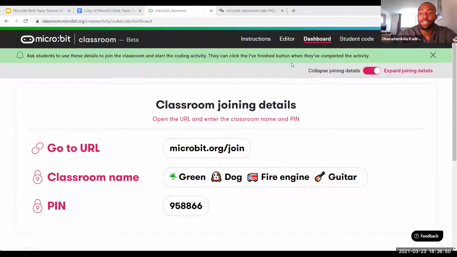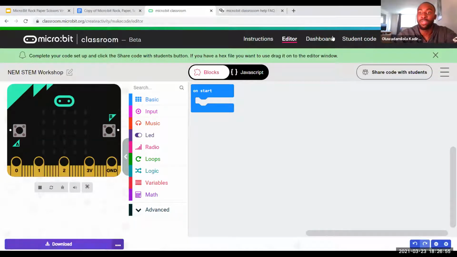Once you're logged in, you should see your editor, and it should look like this. You should all have the OnStart block. If you don't, that's fine, but you should see your worksheet here where you can put blocks. And then you have your MicroBit, a simulated MicroBit on the left-hand side of your screen. You can use the stop button to stop the simulator and the play button to play it. Just leave the simulator playing. There's no need to stop it.